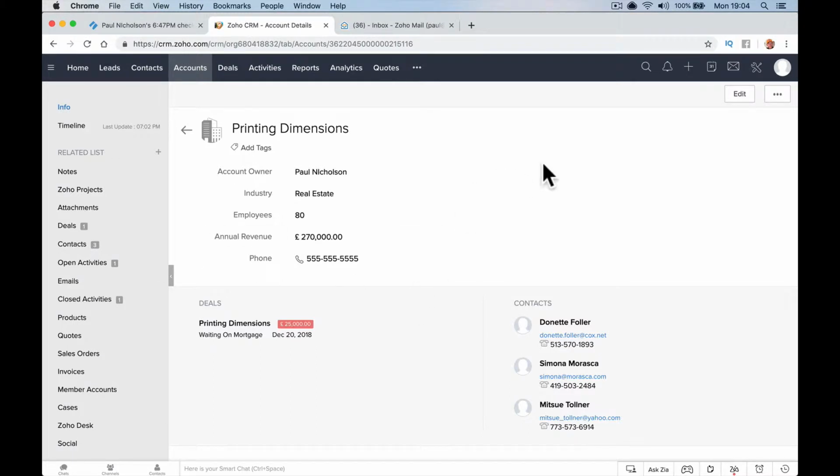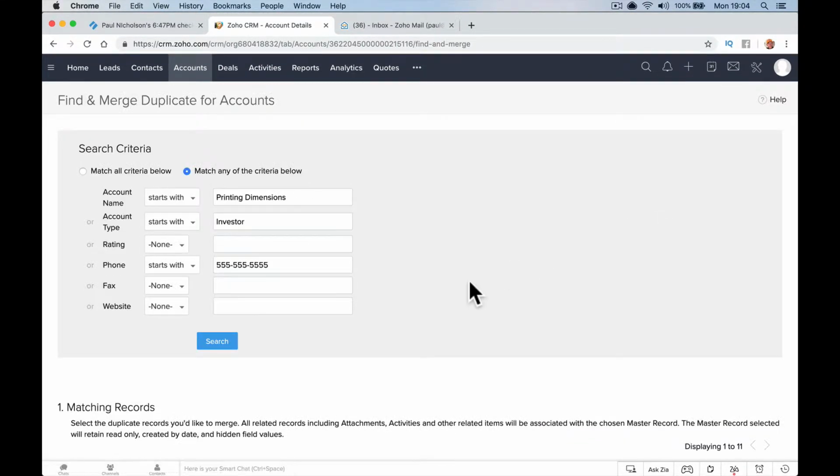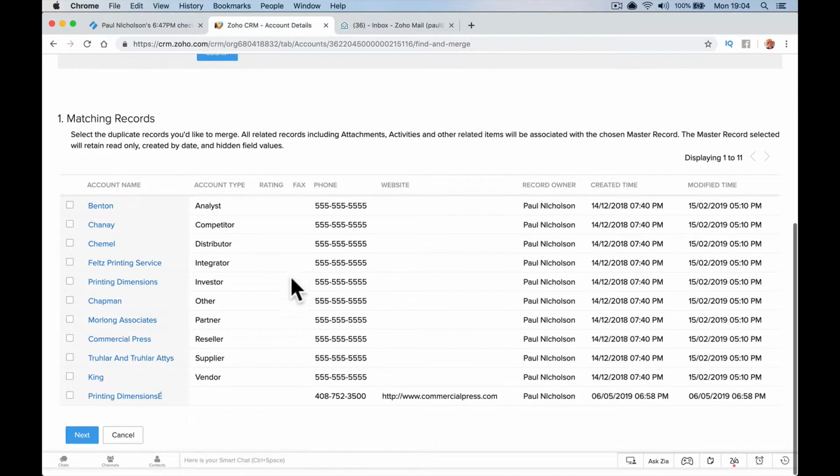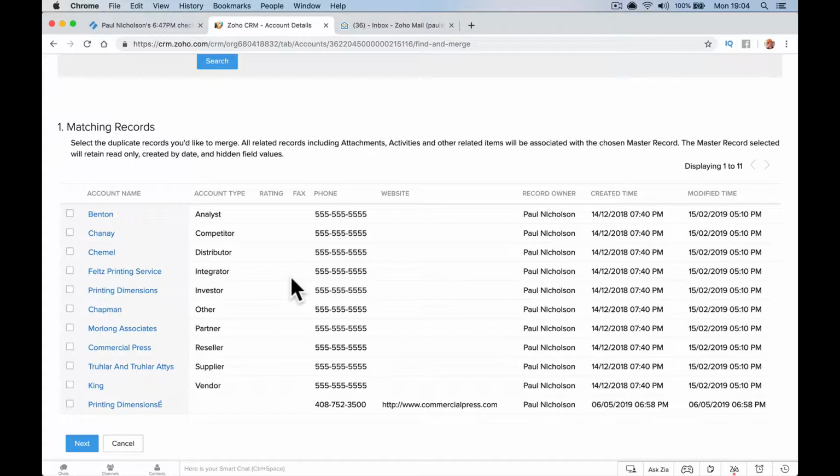So what I'm going to do is go up here and find and merge duplicates. So I want you to find where it starts, printing dimensions here. You can delete these as well and just search for that. I could get rid of this and search, right? So if you notice on your spreadsheet it's wrong, or you see it in your system, and